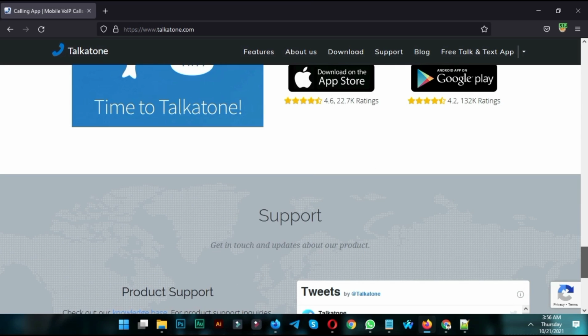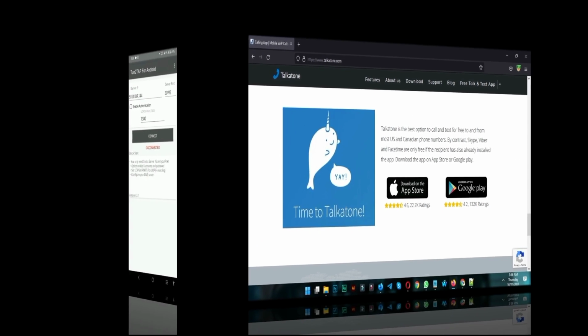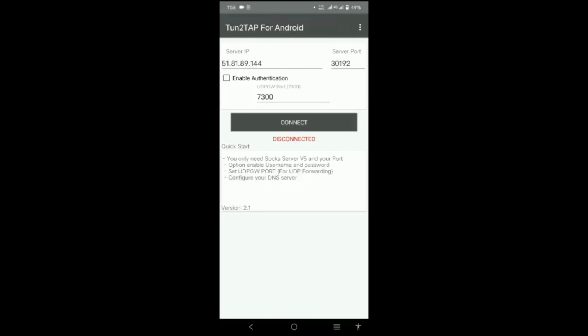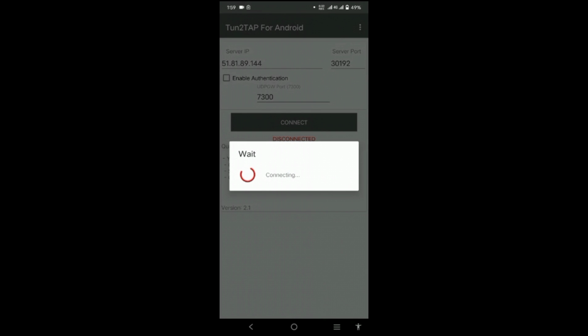So, let's turn to the mobile screen. This is a very high quality site, so it easily detects any VPN. You should use a proxy IP when using this mobile app. I use an app to change my IP. Then I will use the virtual Android app.